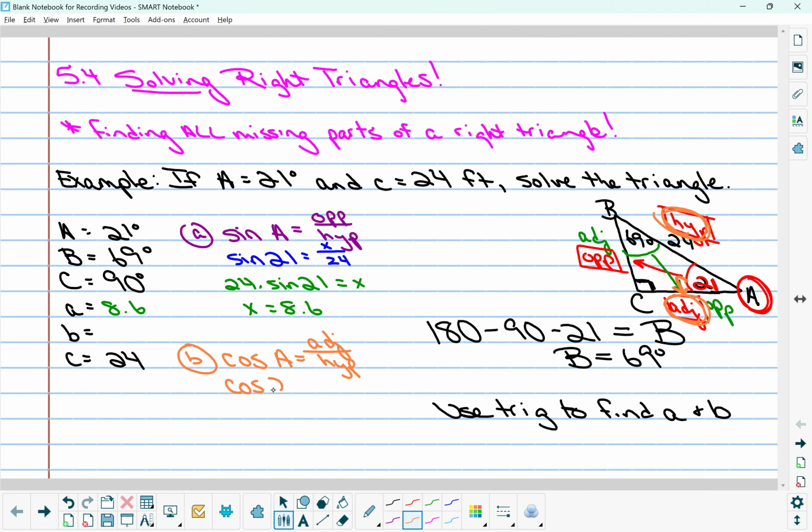So cosine of 21 is, I don't know the adjacent, so I'm going to make that x over 24. And then when I cross multiply and divide, I get 24 times cosine of 21 equals x. So really the only thing that changed between this line and this line is the trig function, right? Because the angle is the same, the hypotenuse is the same, but the trig function changes. So when you do the math, it's going to change. So now I get x equals